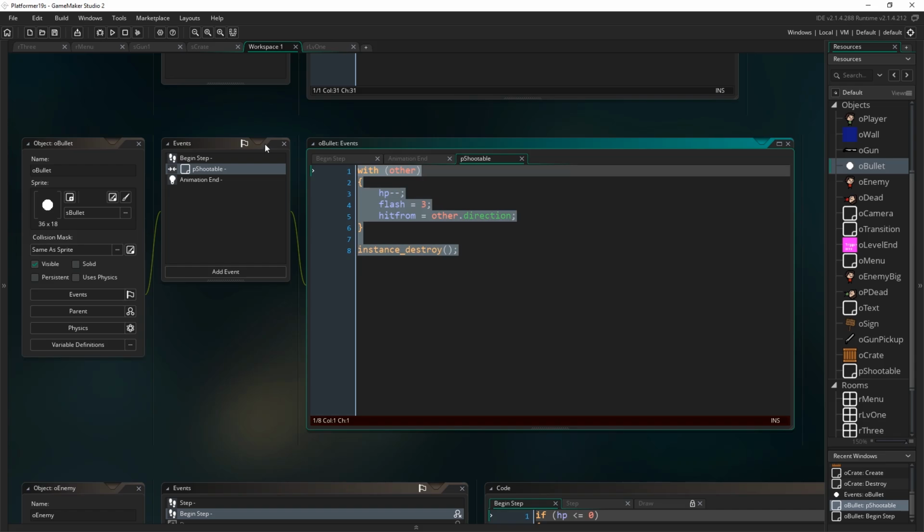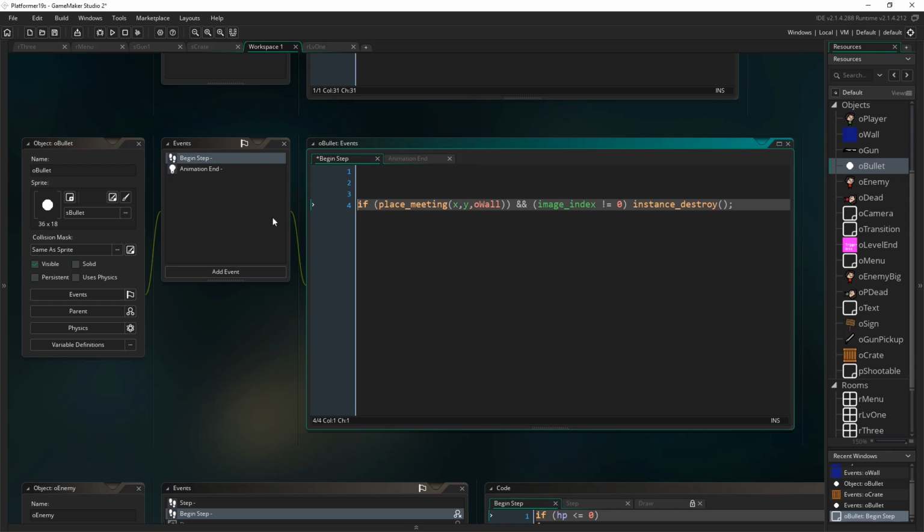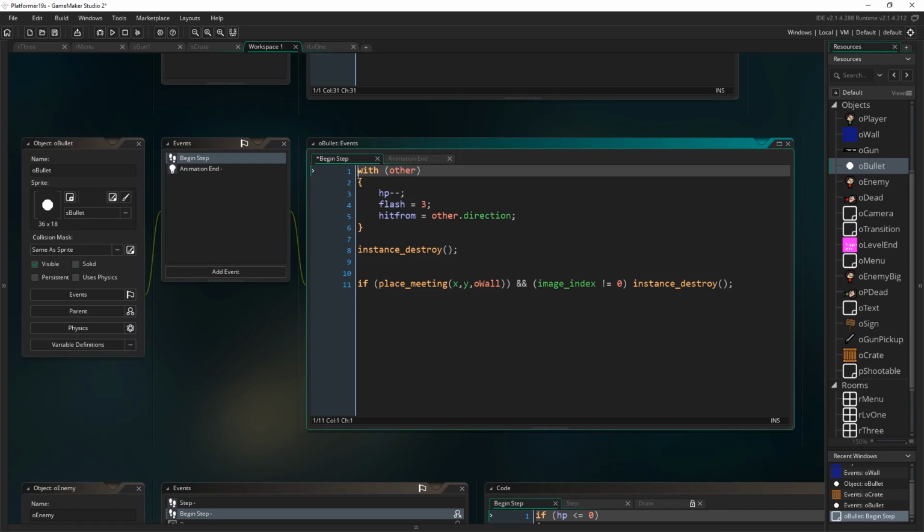So what I'm going to do is copy this chunk of code from the collision with P shootable, and delete this event. And we're going to do all the collisions for bullet in this one begin step, rather than splitting them off up against multiple events when we don't know what order that all happens in. So before we check for a collision with the wall, I'm going to paste